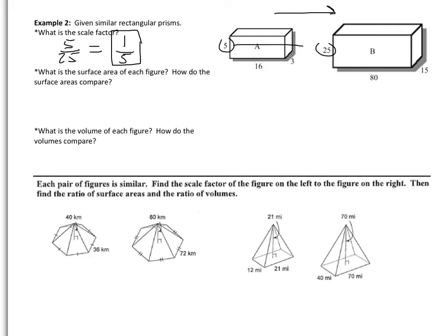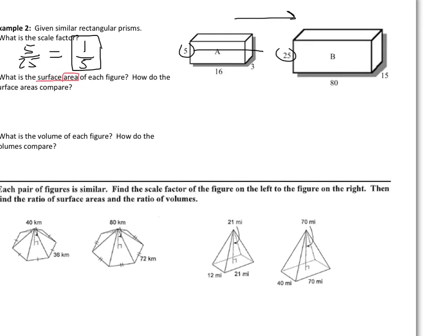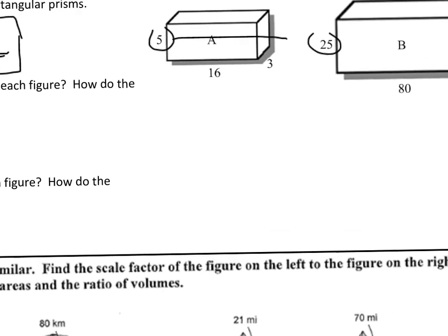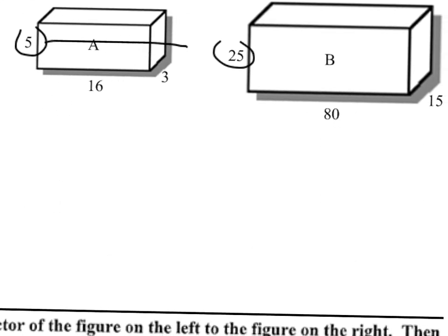Now we're going to talk about surface area. Now notice the piece area in the statement surface area. We're still talking about area, so the units are going to be squared. So we're going to look at our relationship between surface areas and so on. In this case, there's lots of work to be done here. Surface area, if you remember, for prisms is the sum of all the faces of the shape. So in this case, by longhand, and I'll do this relatively quickly here, it's a lot of busy work, but just for review purposes,